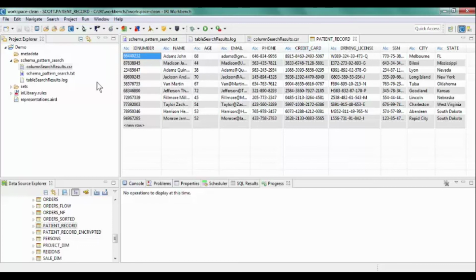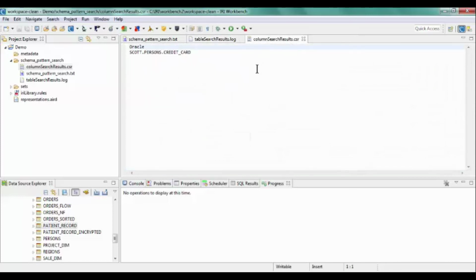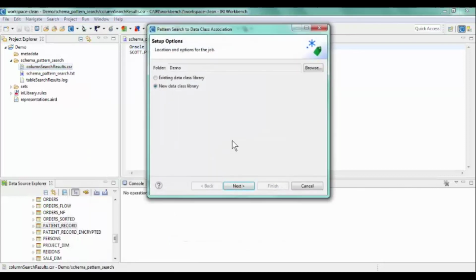Now, suppose I want to do something with these results. This column search results, as I said, lists the columns that I found positive matches in. So I can use that to associate it with a data class. I can do that by right-clicking this file, IRI associate schema pattern to data class. This will go through that file